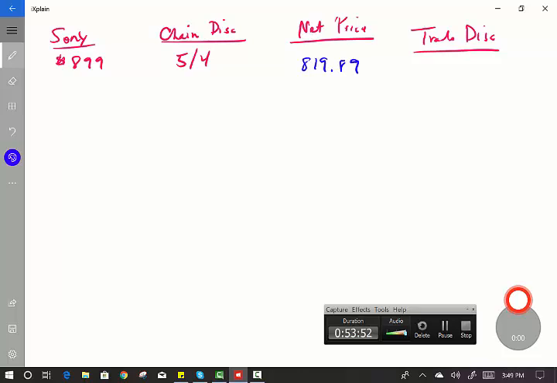Then take the difference between the net price and the list price of $899, and that would give me a trade discount of $79.11. Okay, the next one,